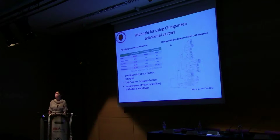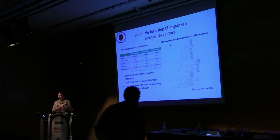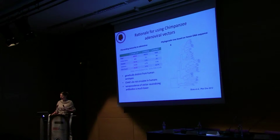So the rationale for using chimpanzee adenoviral vectors rather than human adenoviral vectors is that it overcomes the problem of pre-existing immunity to human adenoviruses. These are genetically distinct from human adenoviruses. These are group E viruses. These viruses do not circulate in humans, and the seroprevalence is much lower, probably due to cross-reactivity rather than exposure